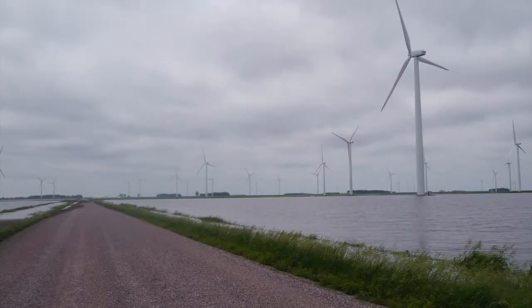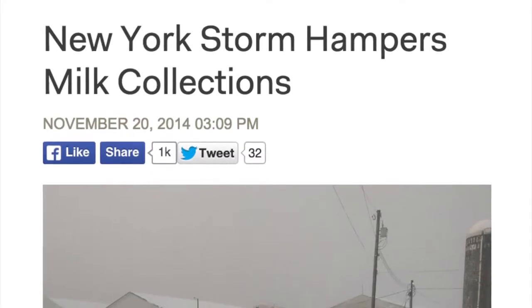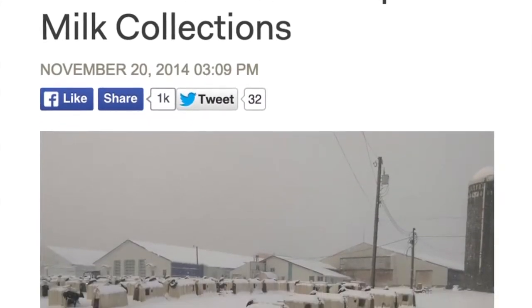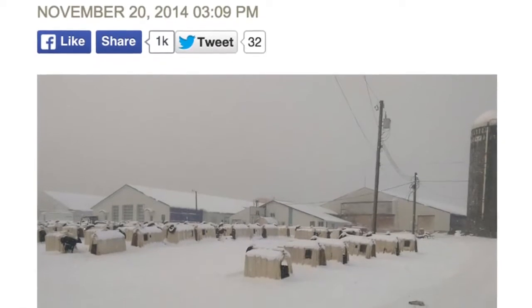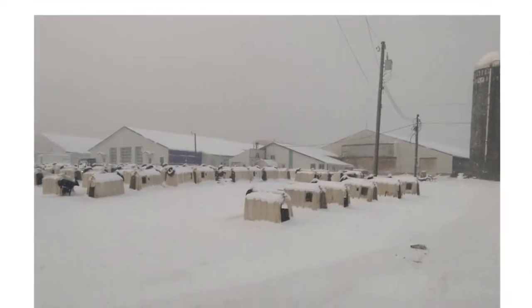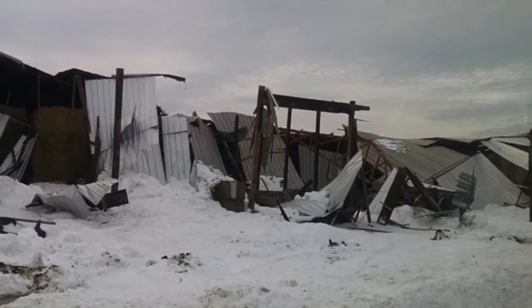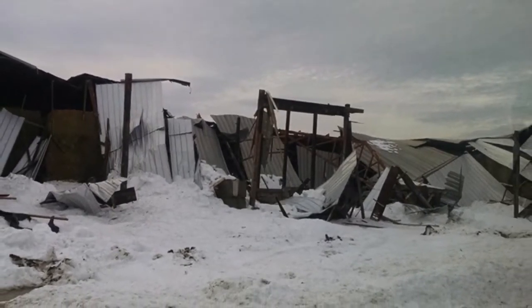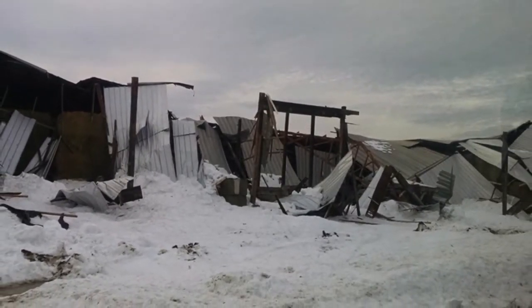Farms might also be vulnerable to flooded roads or bridges, which makes transporting animals or products on or off the farm more challenging. Ask the dairy farmers near Buffalo, New York, how prepared they were for an early season blizzard in 2014 that brought up to 8 feet of snow in the western part of the state. The snow prevented milk trucks from reaching the local dairies, and some farmers were forced to dump milk.